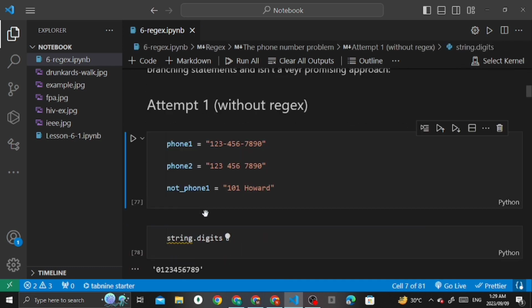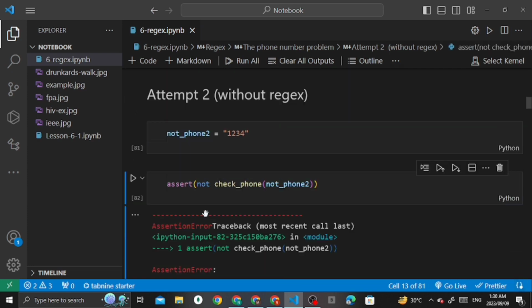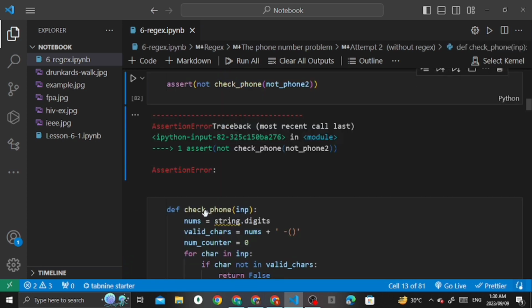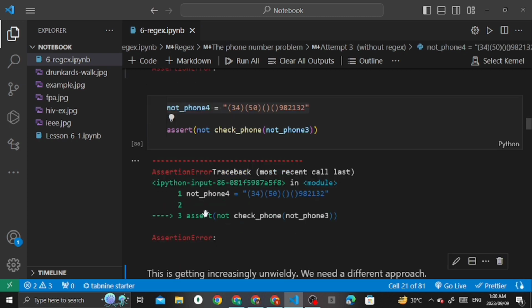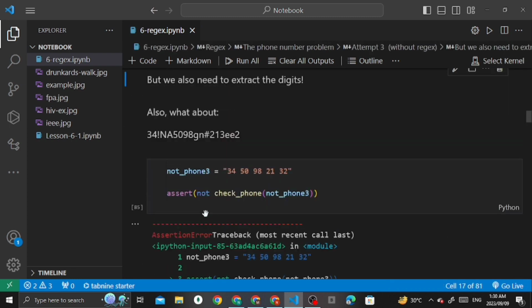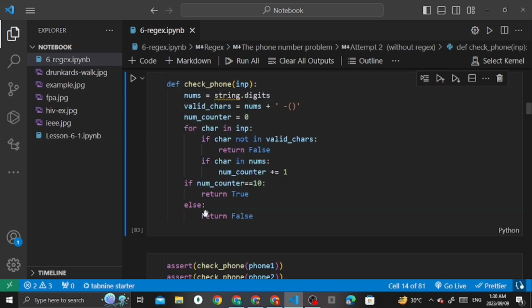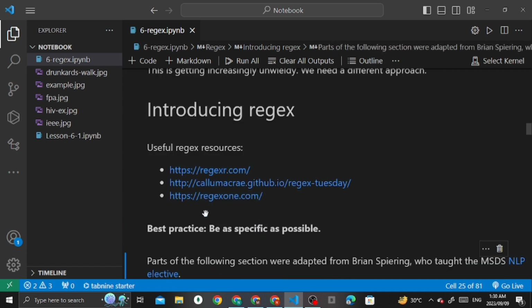Yeah, you can just see the regex and without-regex exercises, which include the phone number problem. That's really simple, just if-else and some logic behind that. So you will actually really understand them. These are not the errors, we just tried that without regex and with regex. So yeah, introducing regex.